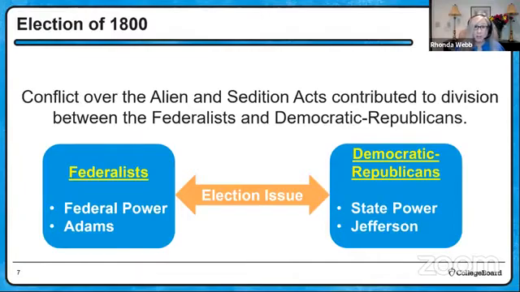So Washington was president. He obviously didn't like political parties, but his ideology would have aligned a little bit more closely with the Federalists, as we know with Hamilton's financial plan and all of that. But then we have John Adams, the second president, who has one term in office. And one of the things that really was criticized of Adams in his presidency was the Alien and Sedition Acts. You might remember from what you studied in your class that was a policy that was meant to restrict people speaking out against the government or actions or political figures. And that was something that the Democratic Republicans really used against John Adams.